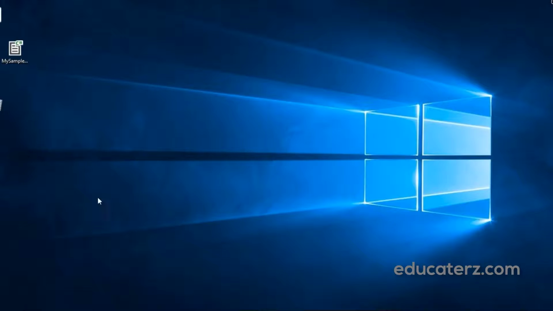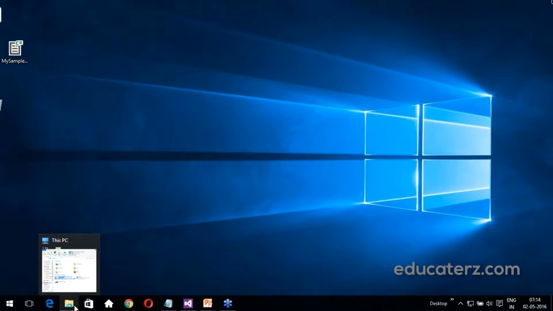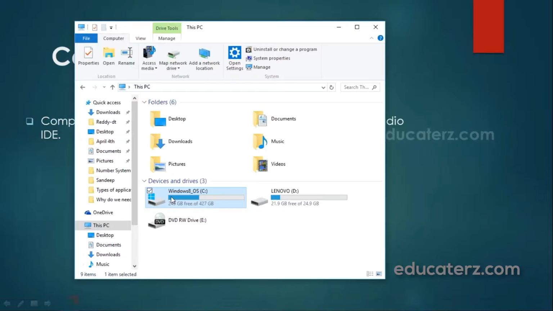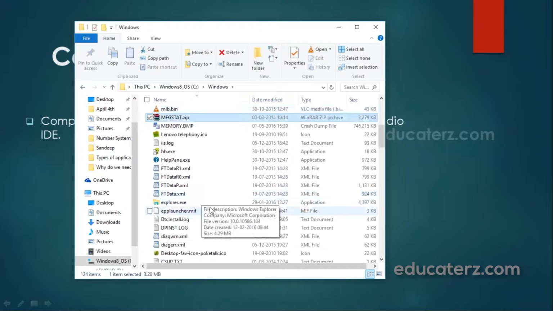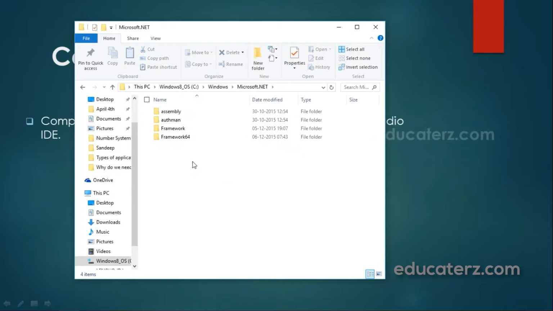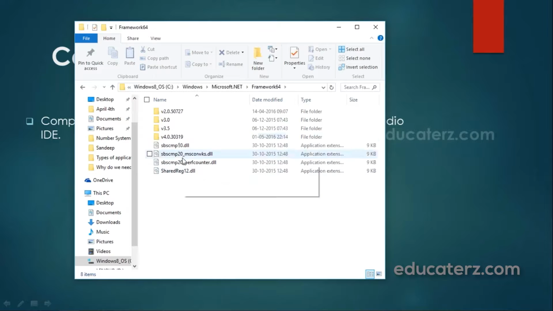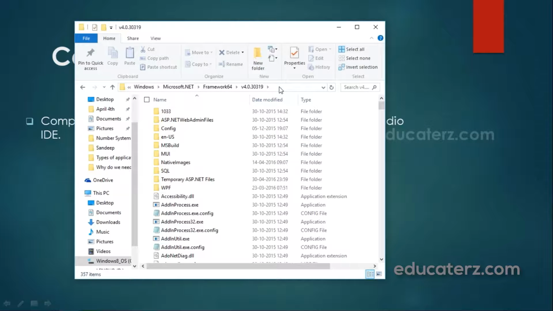Now I want to execute this. Before executing, we should compile it. I told you that without Visual Studio, if you install the Windows operating system, you'll get the .NET Framework. So where will it be? Go to C drive, then Windows, then Microsoft.NET. Then you can see what version you have installed. My computer is a 64-bit version. Just open it and go to this place. Whatever the highest version you have, take that. See here, C:\Windows\Microsoft.NET\Framework64, and the version.